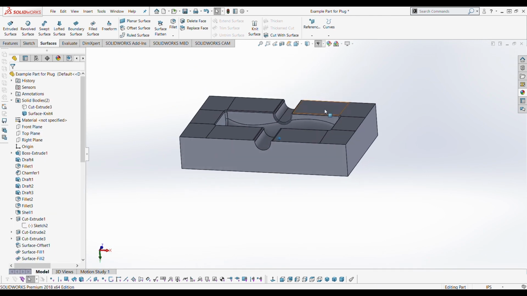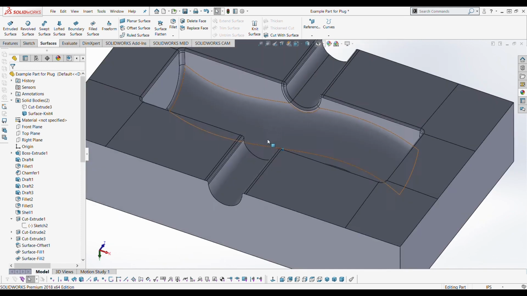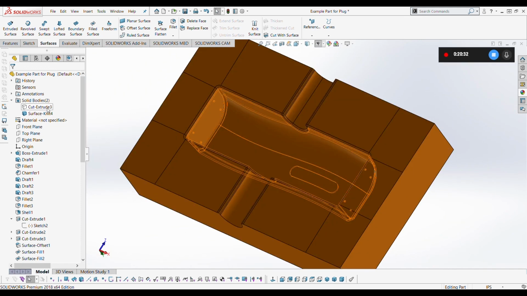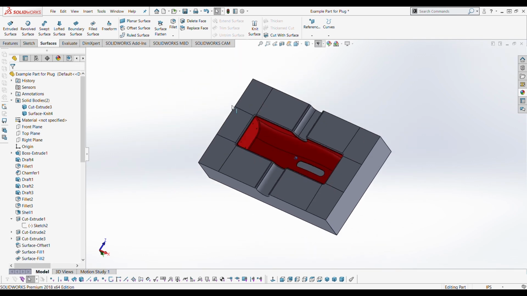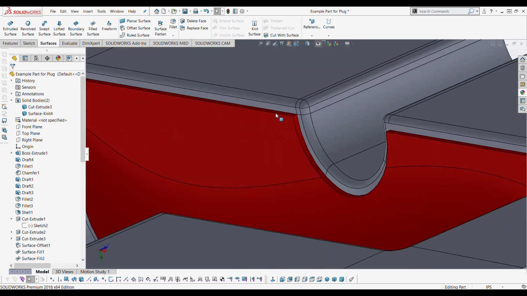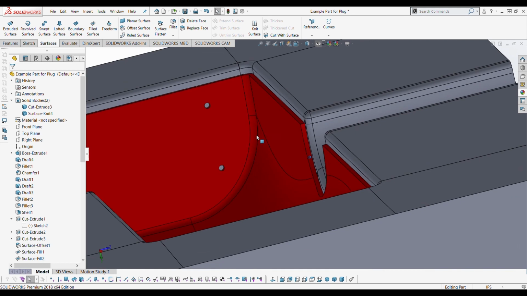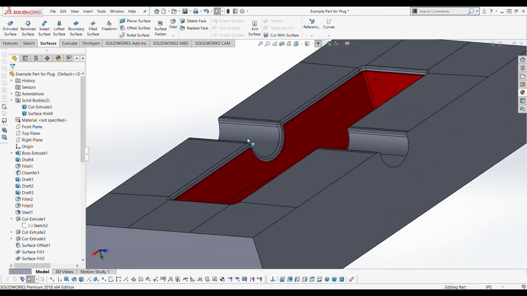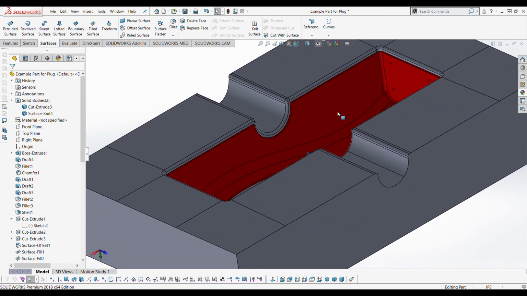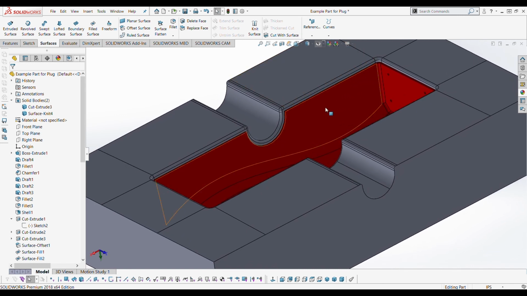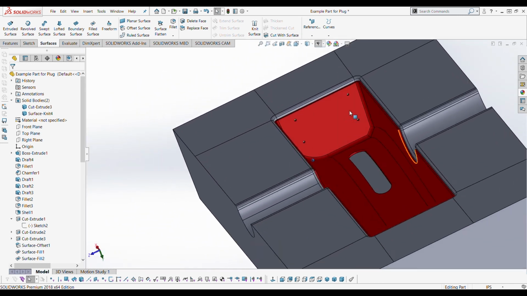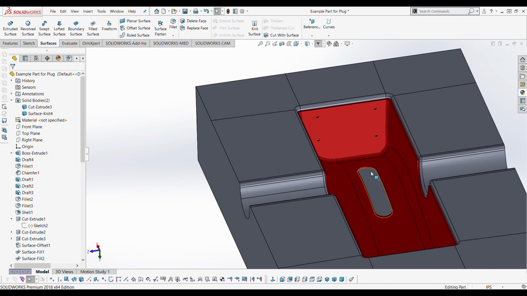There we are. We can hide some planes here, and now we have a mold that is a cavity, and if we show our part again, you will be able to see it within your mold, and we can see that we are nice and removed from our trim edges. So in the case of us, we have a 1/4 inch trim bit that we would just run around the flange, and it would cut out all of these